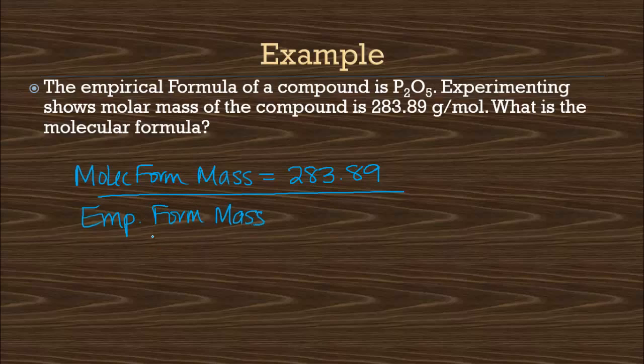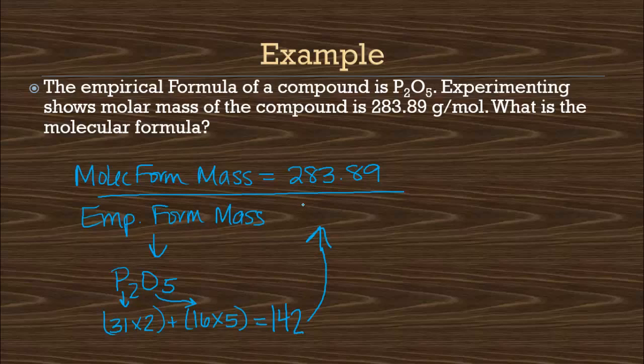So we know the empirical formula is P2O5. So we just need to look it up. So P is 31, and since we have two of them, we multiply by 2. We add it to our oxygen, which is 16, and we have 5 of them, so we multiply that by 5, and then we add the 2 together. And we get 142, so that's going to go up here, 142